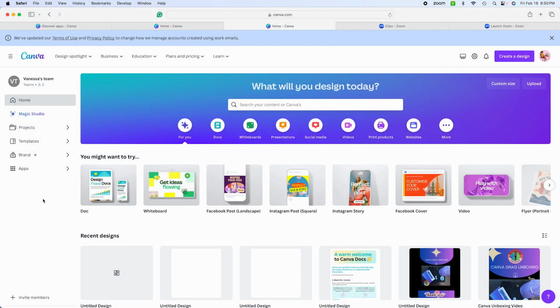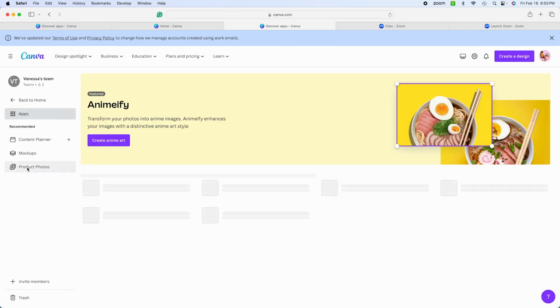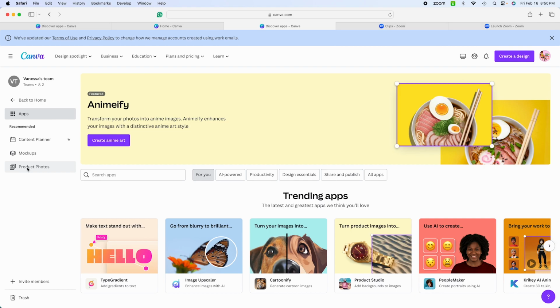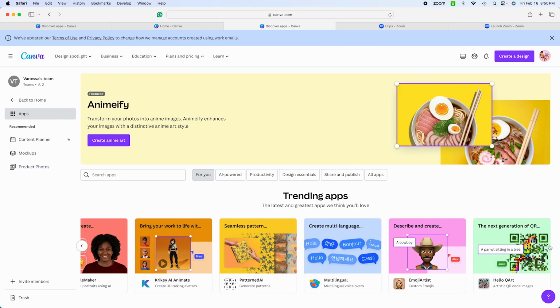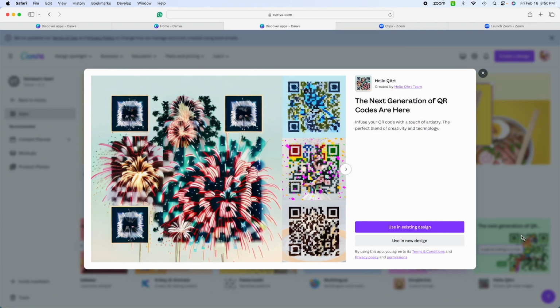Canva is making it very, very easy. So this is the Canva homepage, and we are going to find the app that I'm looking for in the app section. Now it is called the Hello QR, this one right here. It's the next generation of QR codes. We're going to create a new design,